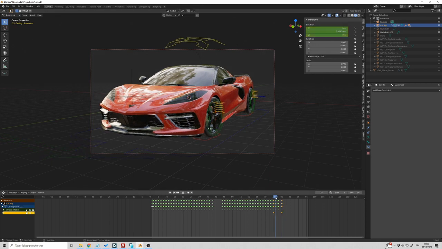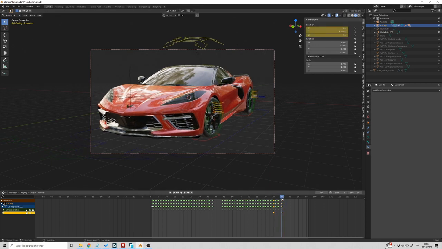So because the first one is 5 frames, in the law of physics I imagine that there will be fewer frames for the inverse movement. So maybe we can use 4 frames. So from 80 we can go to 84, and here add another keyframe. So now I know it's going to be a positive value. So how much, I'm not sure. Let's see, 0.2.